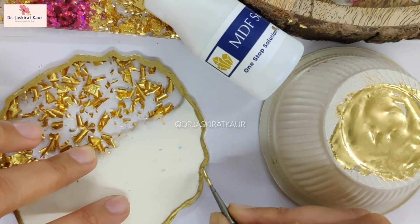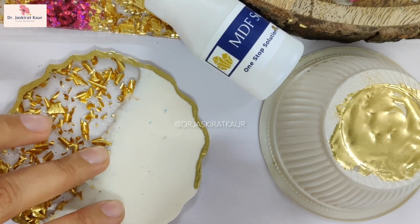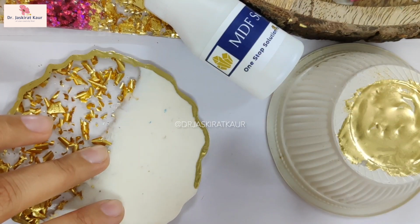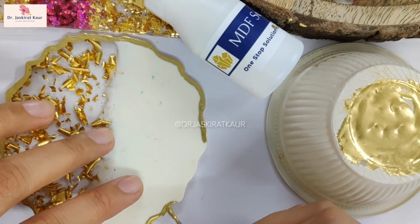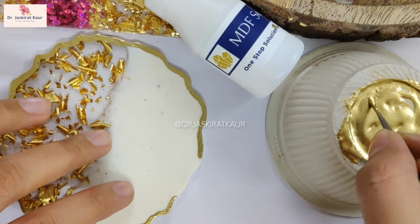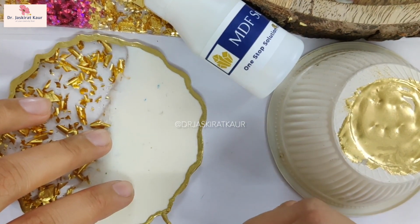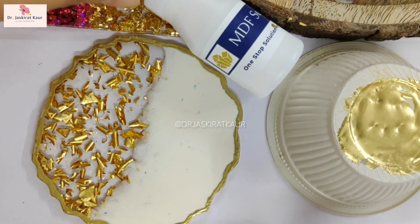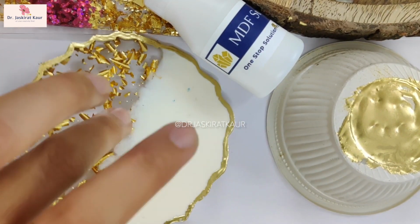So if you are planning for client work, for example you want to gift it to someone, or you are making something on order, you do not want the person to come back later and tell you, hey, this golden paint keeps chipping off, it keeps coming off, these don't look aesthetic anymore. So for that I would always recommend this, as it is completely permanent. My golden borders are done on this one, and I'm going to find a way to lift this so I can start